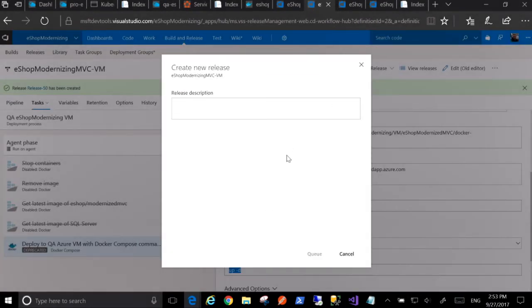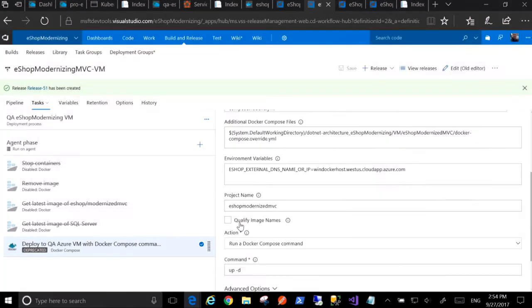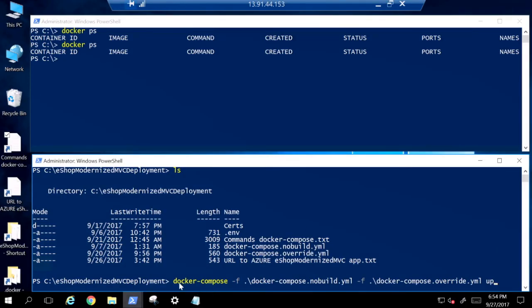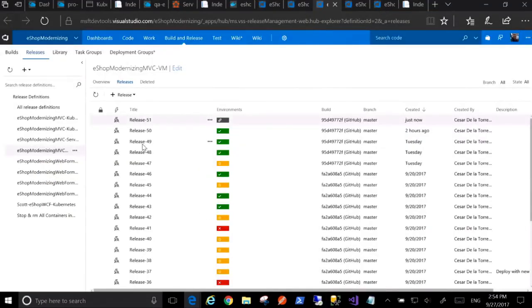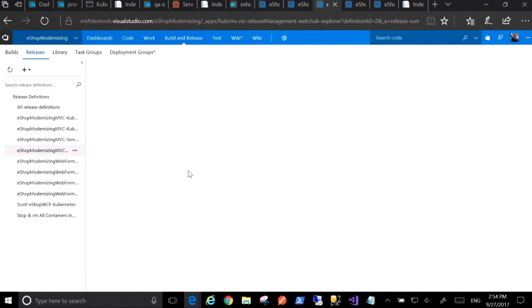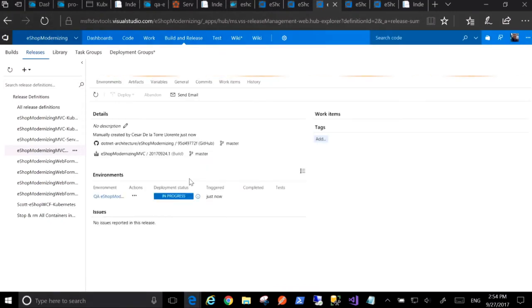Create release. Select version, GitHub, Q. And again, what VSTS is doing here, let's go to the releases, is the same that I would do manually in the VM with Docker Compose up with these two files, okay? So here's the release. It's running, deploying to the VM. It is in progress, grabbing those two files from GitHub. So while it is deploying,